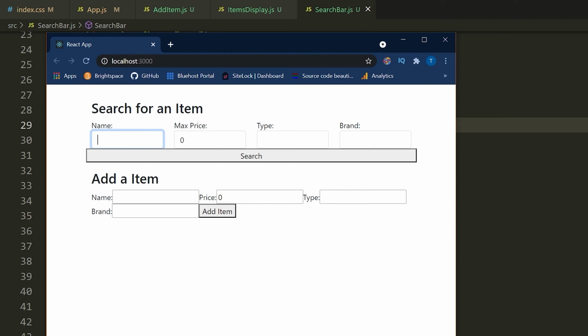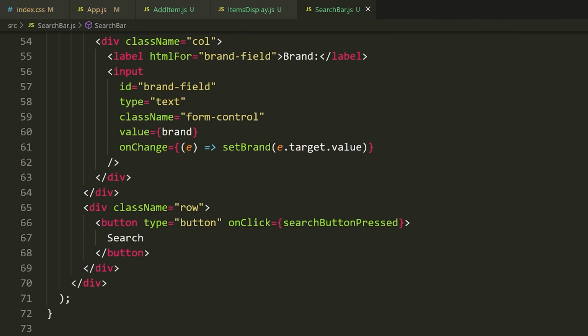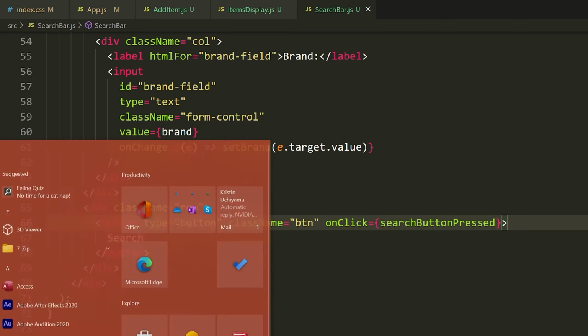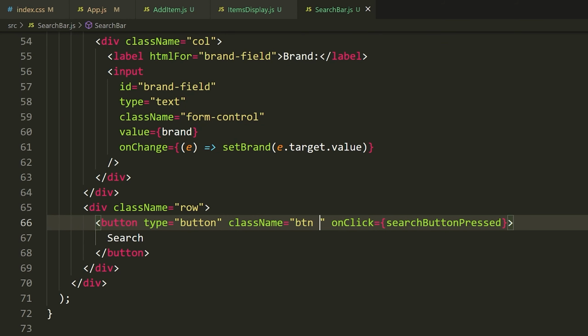Great. So now let's style the search button. So the search button, first of all, is too large. But before we deal with that, let's actually just make it not look like a default search button. So to do that, we're going to add a className here. We're going to say className is equal to btn and btn-primary. Now, if you just make this btn, let's have a look at this here. We just make this btn, and notice that we have a button, but it doesn't have a color, right? We can't actually see anything. So we need to now define the color as well.